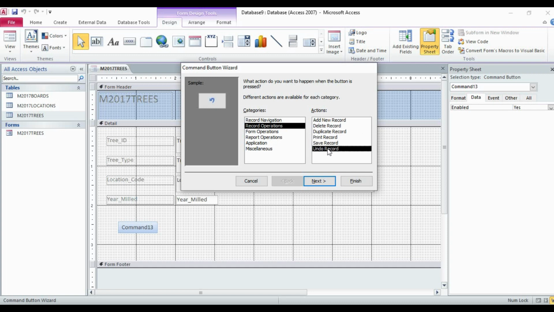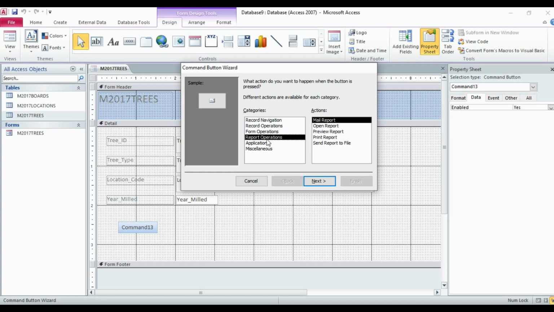Further we have form operations. If you want to apply a form filter, close the form, open the form, print the current form, refresh form data. So see, there are many categories. You can try each one.